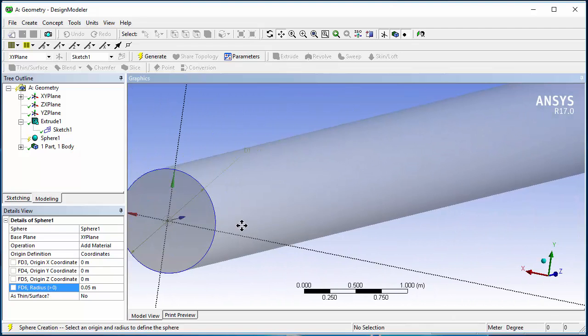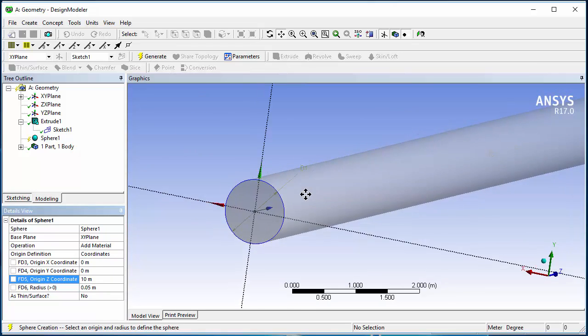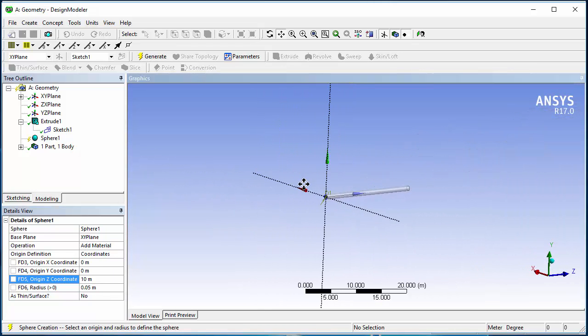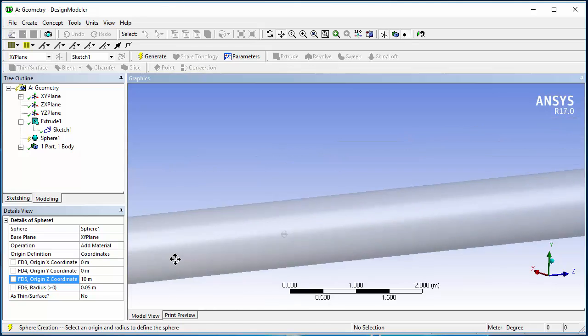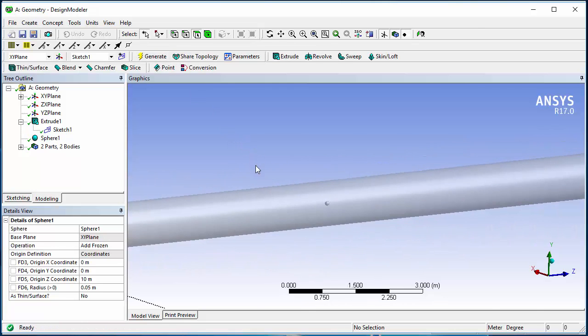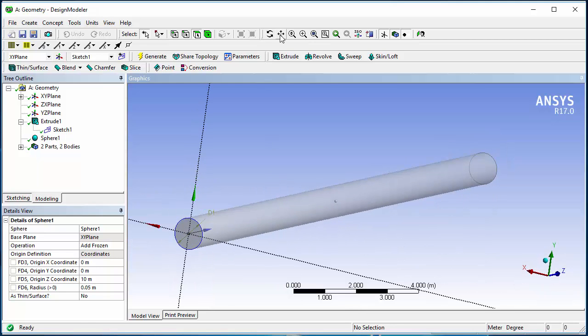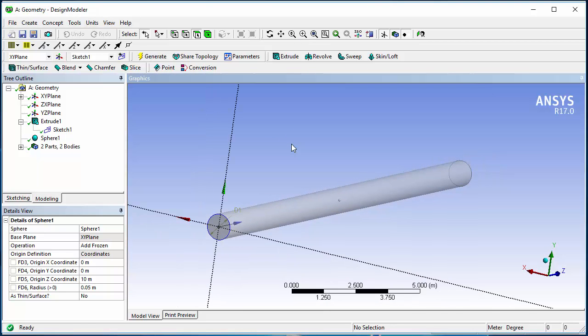Now move this sphere in the Z direction by 10 units. And this body should be add frozen, so that we can have different boundaries, different geometries at different parts for the sphere and as well as for the cylinder. Generate. Okay, so we are done with the geometry. Now you can save the project,